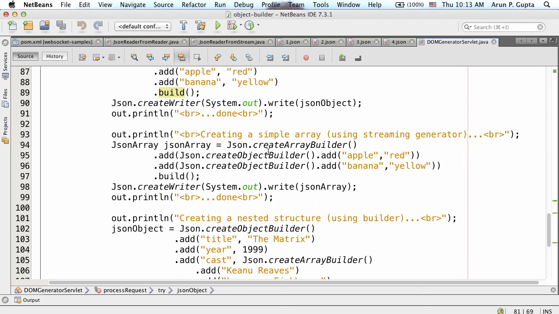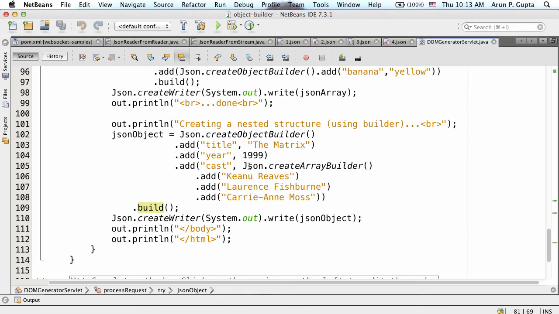Now I want to build an array. So I say create array builder. Then in an array, I'm going to add two elements over here. So JSON create object builder, add name value, and build it. And so on and so forth. You can build your objects over here. If I were to run it,